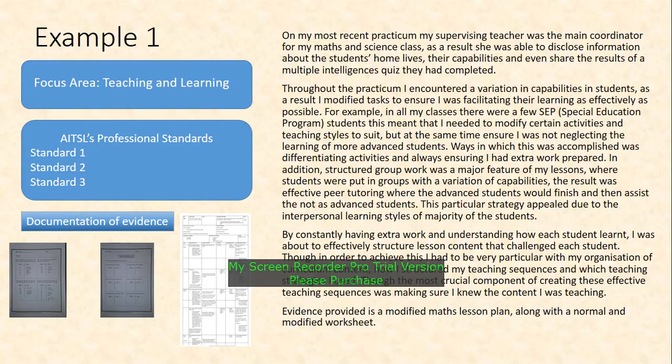So by constantly having that extra work and understanding how each student learned, I was able to effectively structure lesson content that challenged each student. Though in order to achieve this, I had to be very particular about the organisation of my curriculum content and how I structure my teaching sequences. In the teaching strategies I used, the most crucial component was creating these effective teaching sequences to ensure I knew the content that I was teaching. So I also have a modified lesson plan there just to show how I needed to differentiate not only worksheets